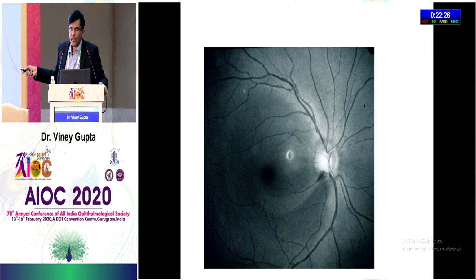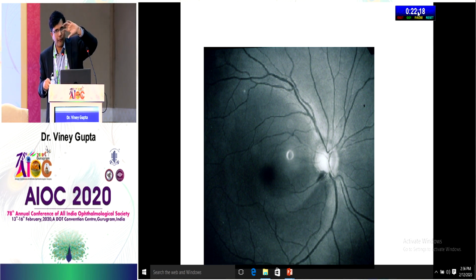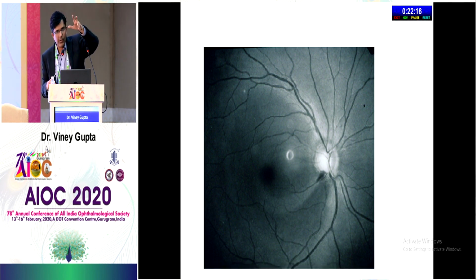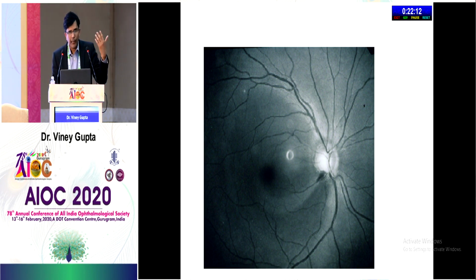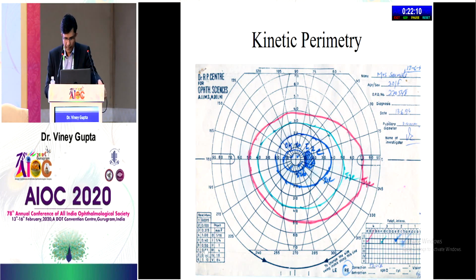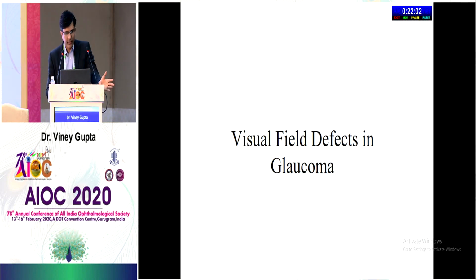So when you look at the defects on visual field, again as I said, it is an arcuate fashion defect, and therefore you will look for an arcuate scotoma. You look for a nasal step, a cecocentral scotoma, you look for an arcuate defect, and that is how you will say that the probability of that being glaucomatous is high. Earlier we used to do kinetic perimetry. We have more or less left kinetic perimetry because it is more difficult and cannot be objectivized.